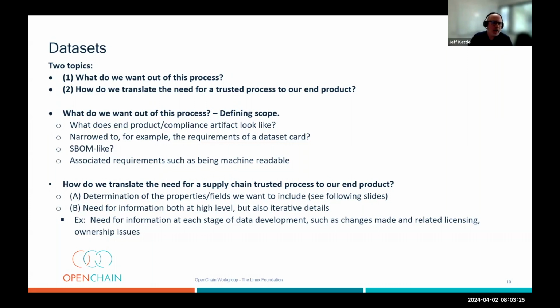So moving on to, I think the natural progression from the topic we just had, is maybe a presentation of the information we want to see in a data set card or a data deliverable to kind of provide for this trusted process that we're looking for. And I think a sub point to this is we've talked about when we talk about the difficulties in dealing with what information we need out of data is the distinction between this kind of top level, high level information, but also the iterative details